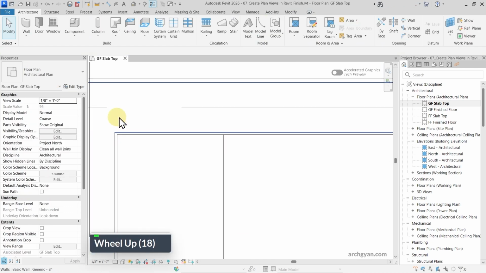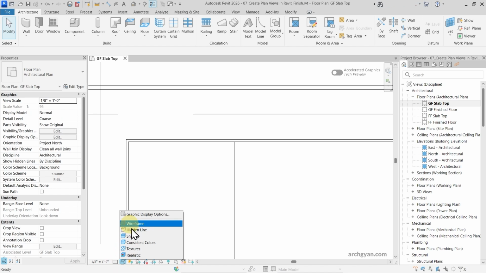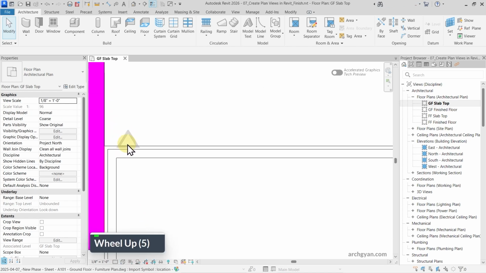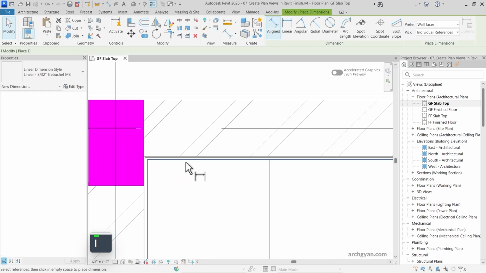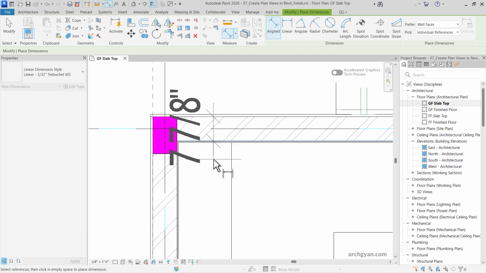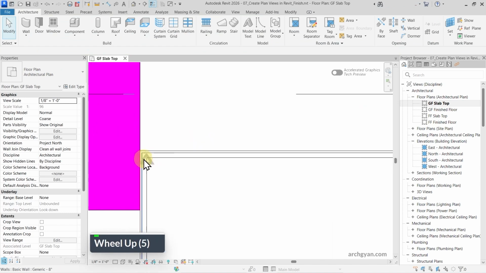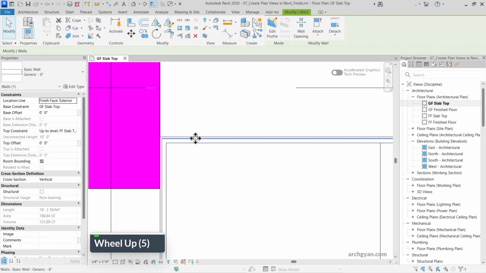Now you can notice, if I change my style, if I go here, Visual Style, Hidden Line. Right now it is Hidden Line. Let's change this to Wireframe. You can notice there is a slight discrepancy here. That is because this drawing was set to 200 mm, and that is about 7 inches, 7 divided by 8. So what we can do is change the width of this wall a bit to match the exact